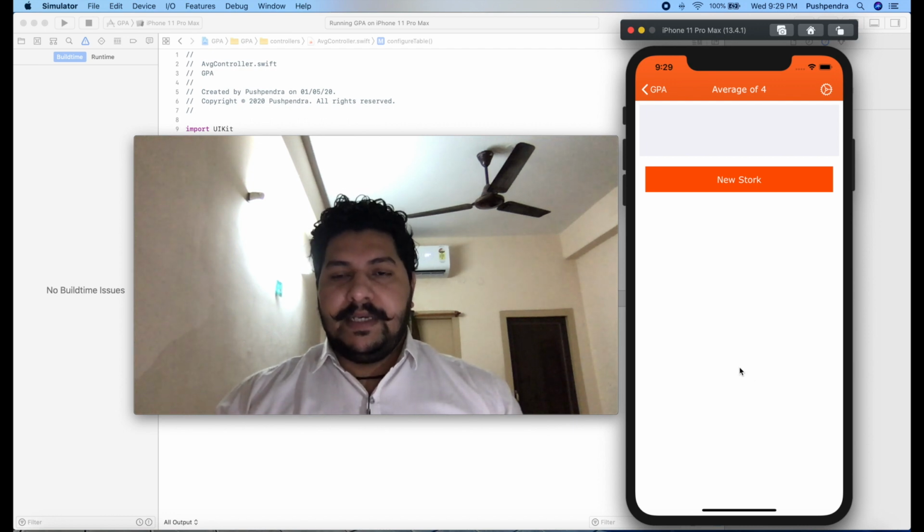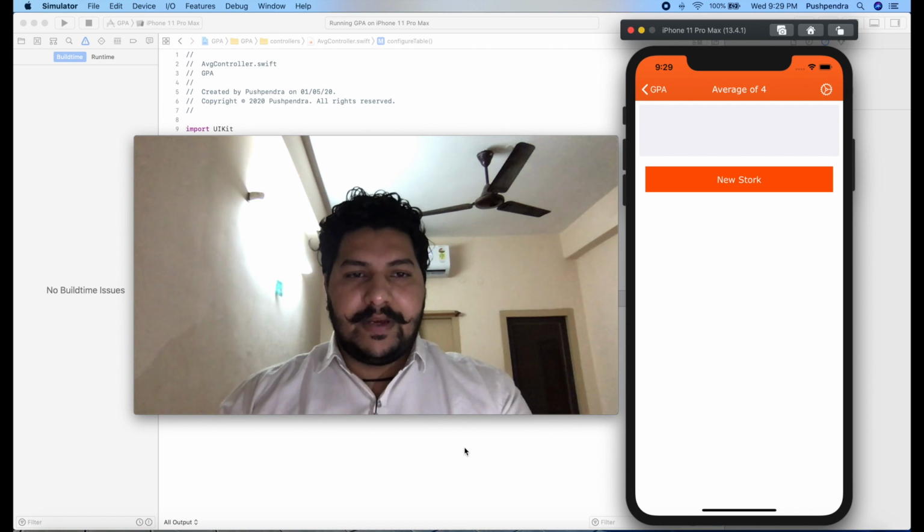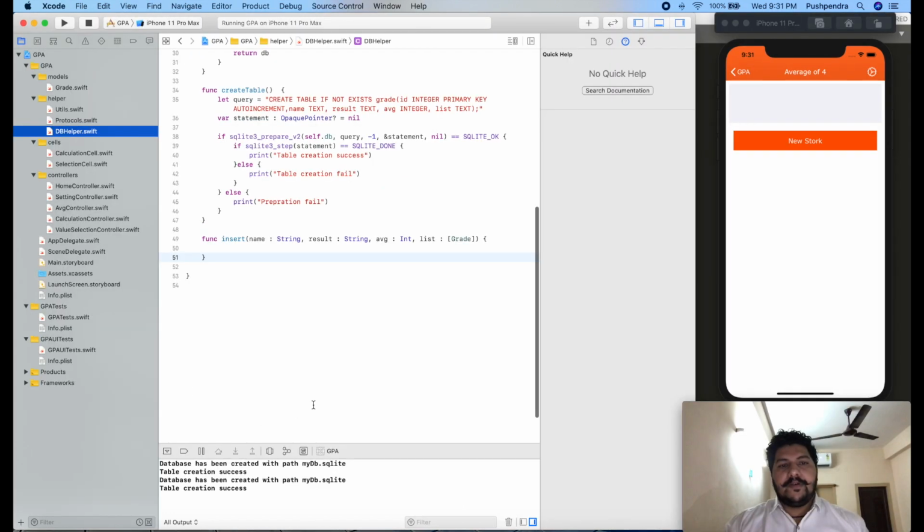So let's begin with the insert functionality and insert query, and understand how you can implement that in a very easy way in your application. Here we have the code for inserting data into the database.